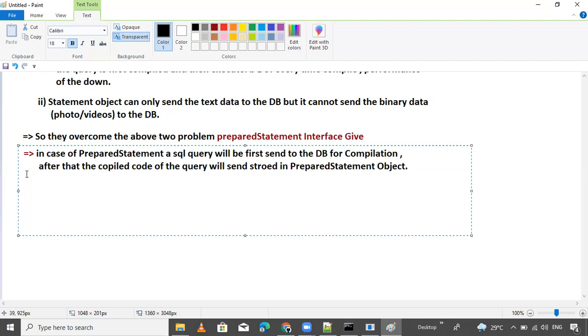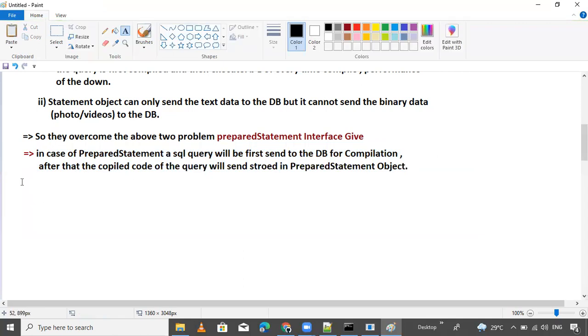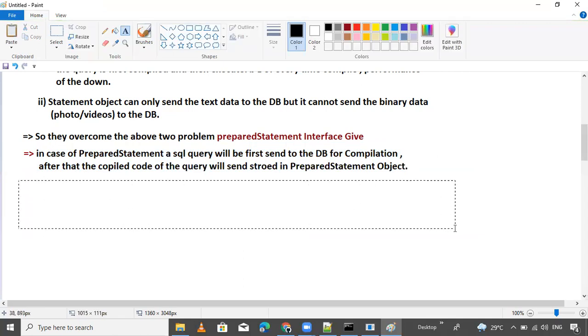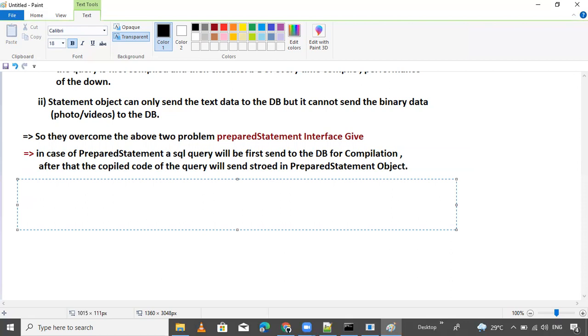So by using this PreparedStatement, we reduce the first problem, the execution performance issue. We solve this problem by using PreparedStatement.